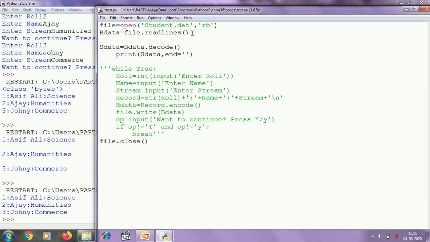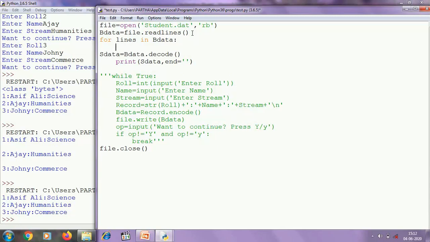So bdata is nothing but a list whose elements are lines of the binary file, but the lines are in binary format. If I use a for loop, for lines in bdata, then we can access the lines of the binary file.